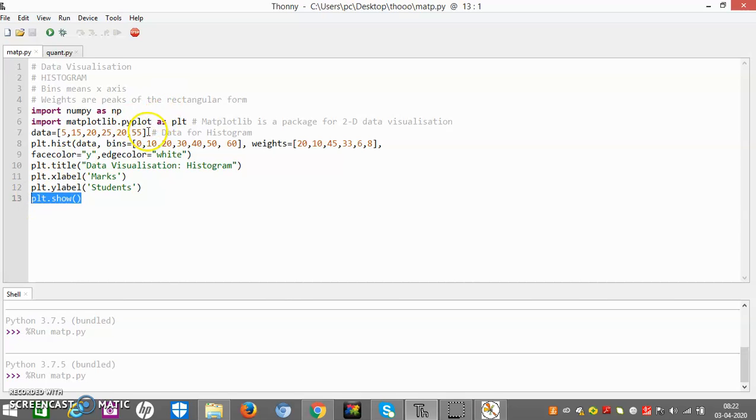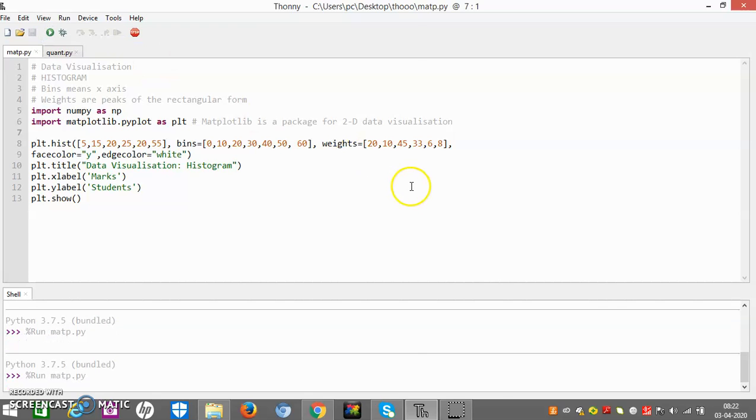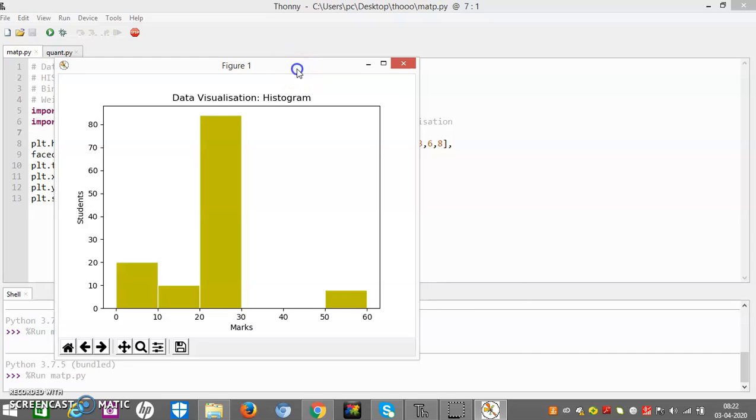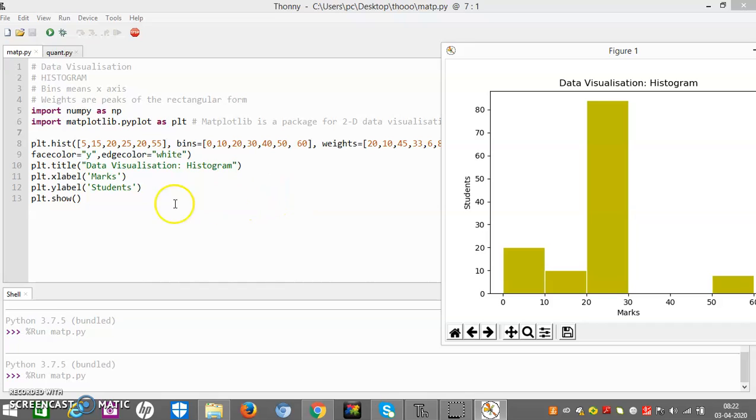Now one thing more: instead of putting this list as data here, if I copy it and paste it in place of data, let us see what the impact will be on our visualization. Friends, there will be no impact on it. It will be the same as it is.